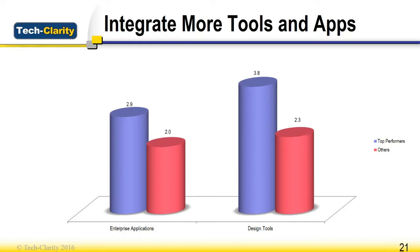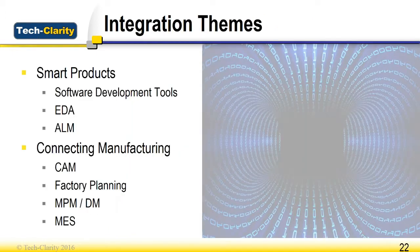And we actually see some themes in the way that they've integrated, and I believe we have a slide on that. So the themes that we saw in the integration had to do with a couple of different areas, and this is a generalization of some of the things we saw. We saw a lot around mechatronic or smart products. A lot of the top performers had integrated with software development tools, EDA or electronic design automation, to design electronics and boards and those sorts of things, and application lifecycle management. So everything to do with the electronics and the software that are now working in conjunction with the mechanics on